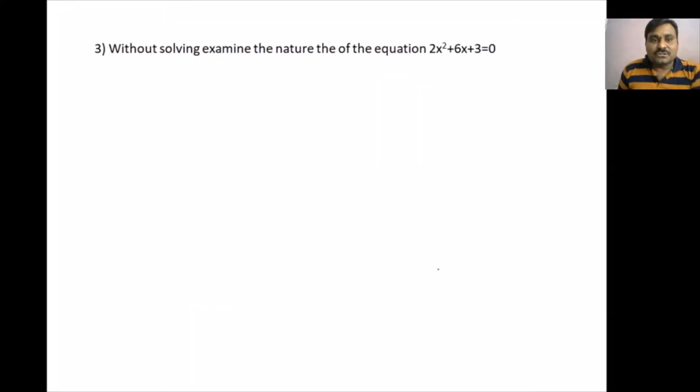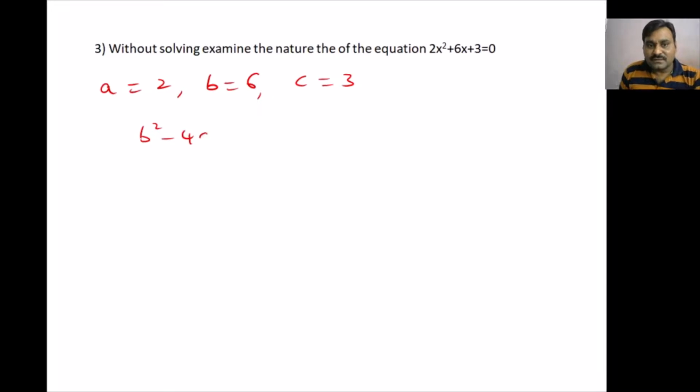Solve without solving, we have to examine the nature of the roots of 2x square plus 6x plus 3. So here a value is 2, b value is 6 and c value is 3. Now if we find the value of b square minus 4ac, that is equal to, the b value is 6 here, so 6 square minus 4 into 2 into 3, that is 6 square is 36 minus 4